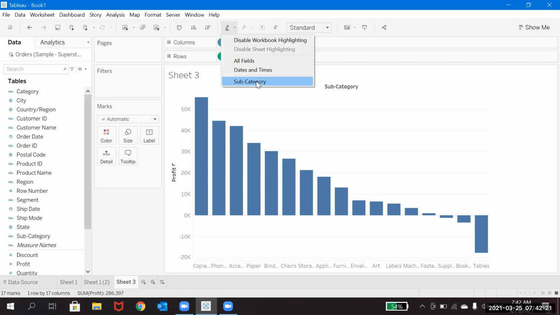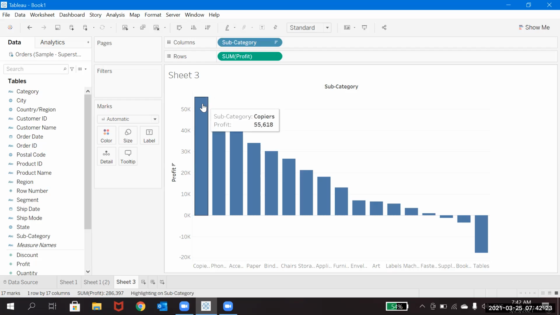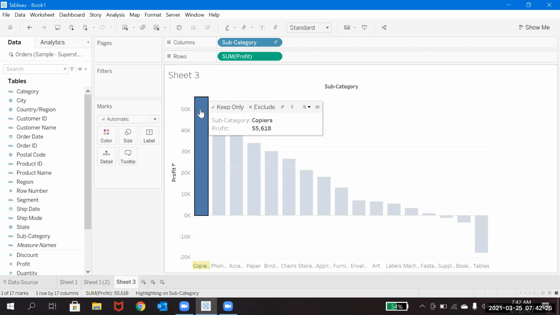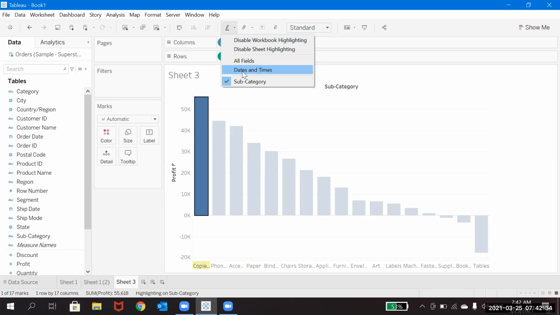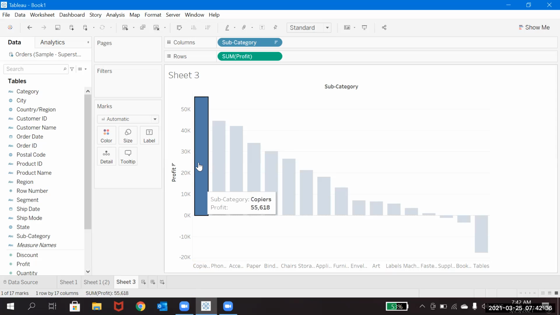Maybe let's say I'm just clicking on subcategory. When I'm clicking this, if you observe, it was highlighting the name here. If I uncheck here, even if I click on this bar, it does not highlight that name. So if you use this highlighter, it will just highlight that.